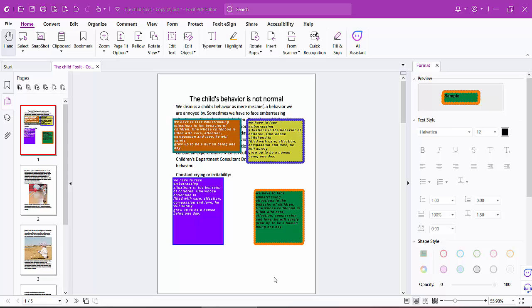Hello everyone, today I'll show you how to adjust or fix a comment box's vertical and horizontal alignment using Foxit PDF Editor. Open your PDF file with Foxit PDF Editor. Now click on this Home option and here you will find this selection menu and click on this drop-down